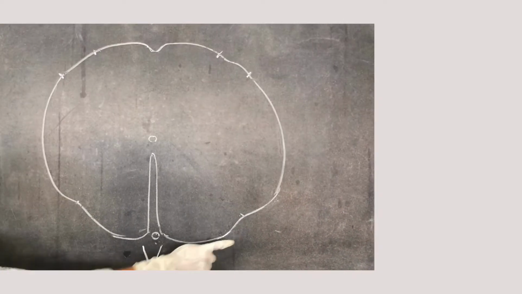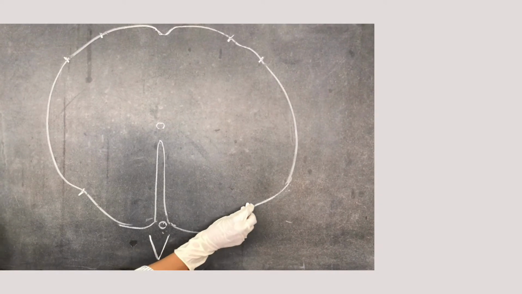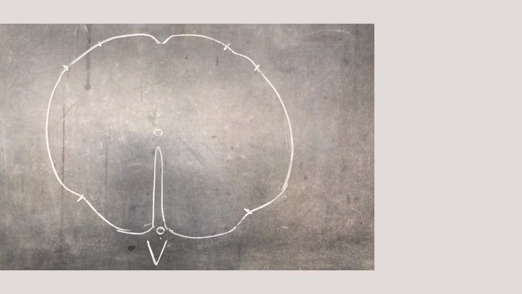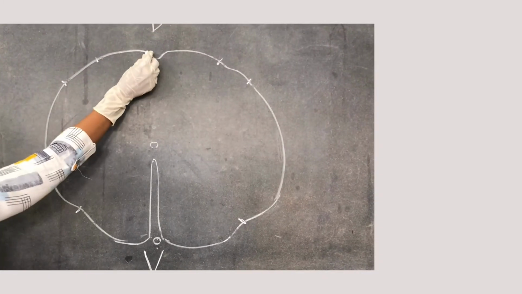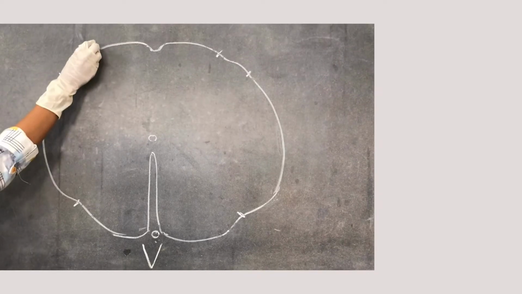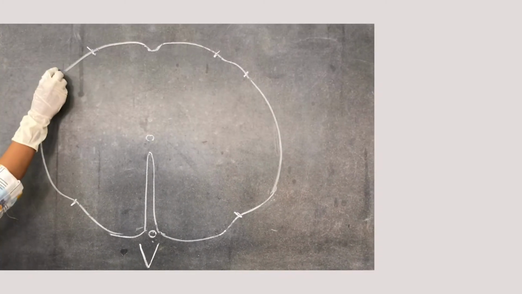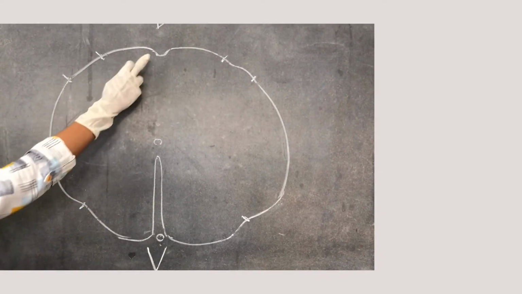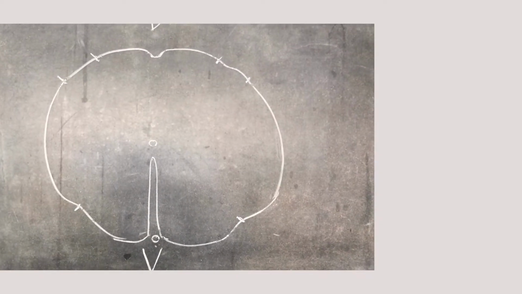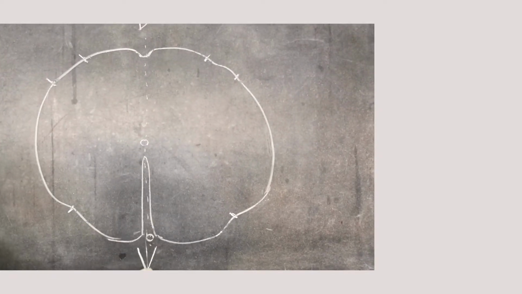On the anterior surface or the ventral surface, there are also two anterolateral sulci. On the dorsal surface, in the midline, there is a posterior median sulcus. On the two sides, posterior intermediate sulcus, and still laterally on both the sides, posterolateral sulcus. This anterior median fissure and the posterior median sulcus are dividing the entire spinal cord into two symmetrical halves.